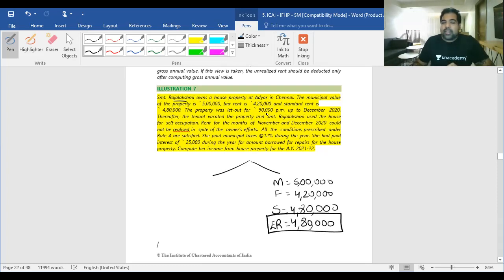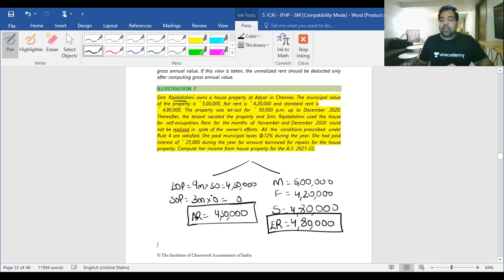Now the property was let out for 50,000 per month up to December 2020. So it was let out LOP for up to December. So 9 months into 50,000, that is 4,50,000. Thereafter, the tenant vacated the property and she used the house as self-occupation. So basically it was never vacant. So there is no vacancy. So your AR for 12 months is 4,50,000. And your ER for 12 months,